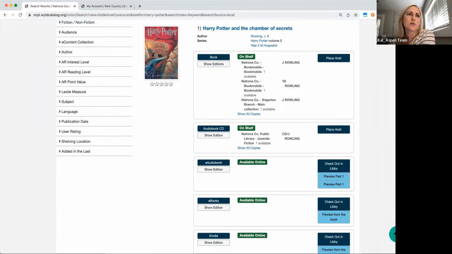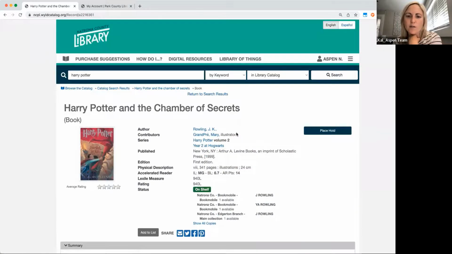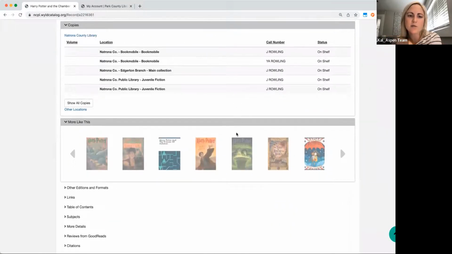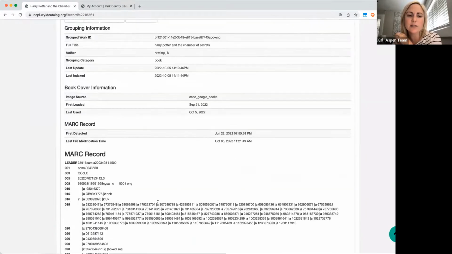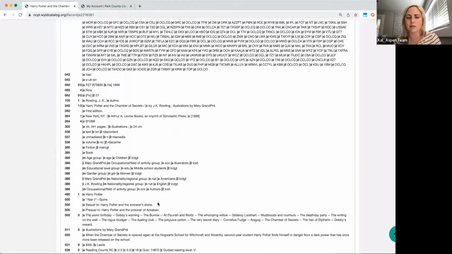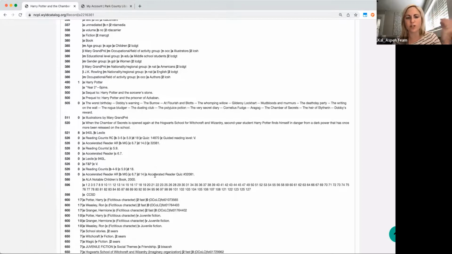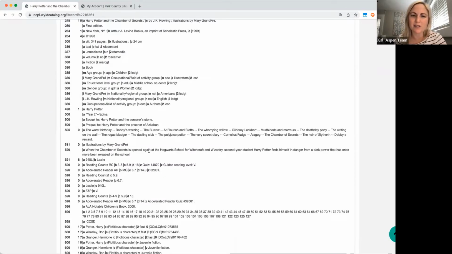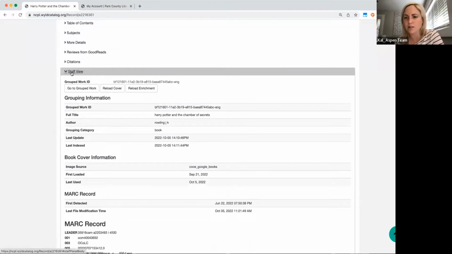Is there a cataloger view to see only one specific bib record or one particular item? Yes. So if you wanted more information about a specific title, you could click into it and get more information, or a specific edition. We're going to talk a little bit more about this view, but there is a staff view that's available where you can see all the full MARC data. It's collapsed by default, but if you really wanted to look for that type of stuff in ASPEN, it is available. It's just more hidden because we're trying to make it more patron friendly. It's not super staff focused in that way, but it should be available for you all at the bottom of the record, and it's just collapsed.